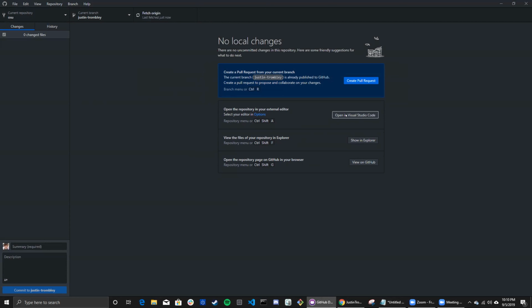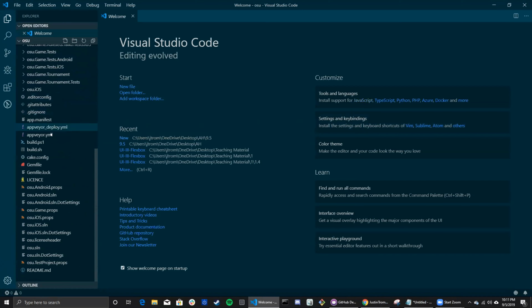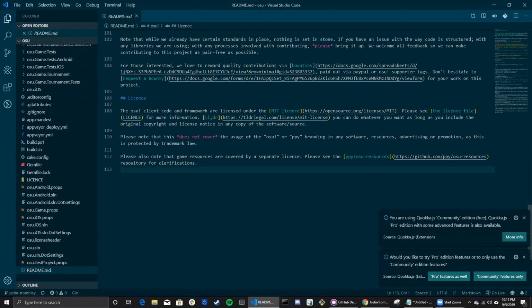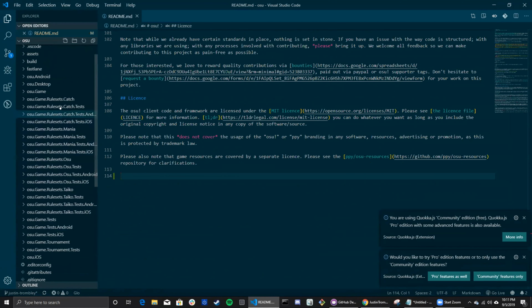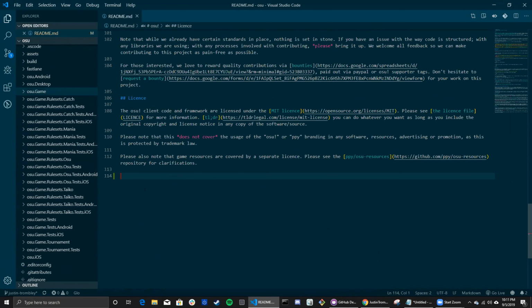So what we can do right here is open in VS Code. Wow, okay. This is a huge project. So let's just edit the README. That's a good opportunity, though, to show you guys what a real app looks like, because this thing is huge. Not even sure what it does, but it does something. There are hundreds of files there. So this